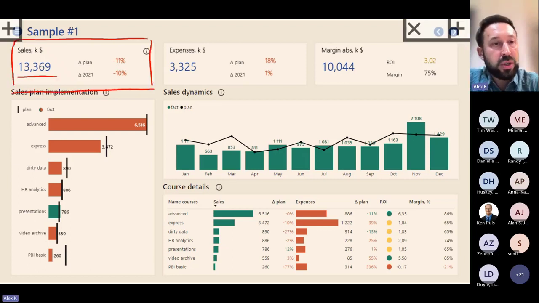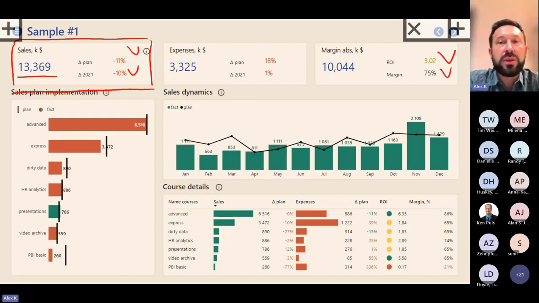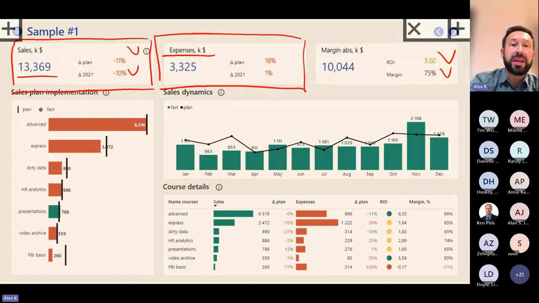So I display my actual sales, but also I display my difference to plan, my difference to previous year, or for example, I display my margin or profit, and I display an indicator of ROI or percentage marginality. So I have a single title and several indicators related to this title. So one element is logically one indicator, my main measure, and my additional measures,